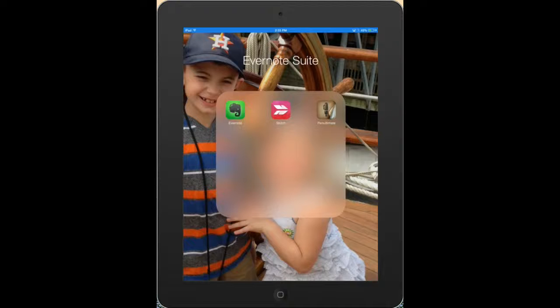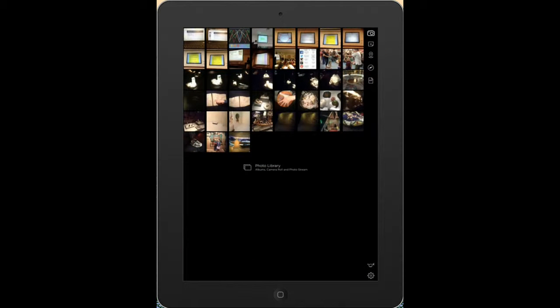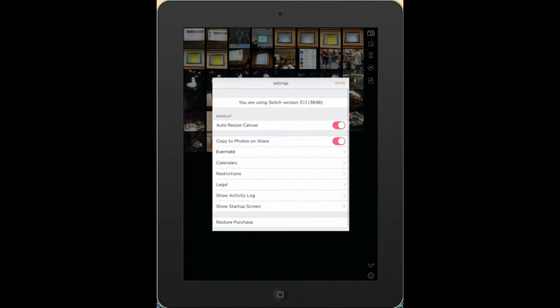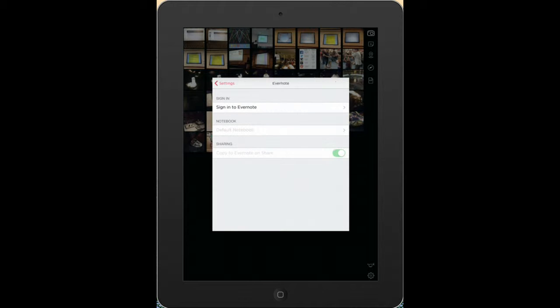Let's get started with Skitch. When you open up the app for Skitch the very first time, I want you to make a customization that will interlink it with your Evernote account. Down at the bottom, if you see the gears button on the right hand side, I want you to click the gears button. And we are going to click on the Evernote selection, and then we'll select Sign In to